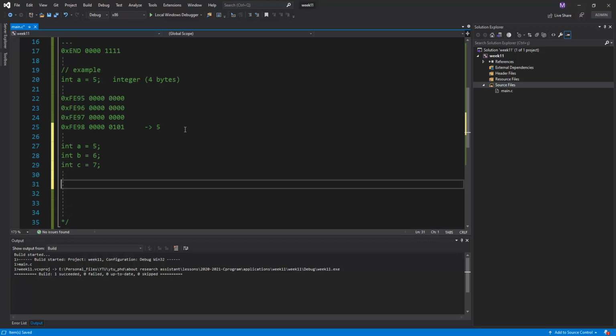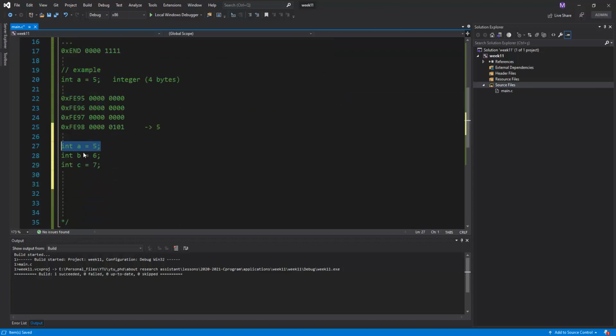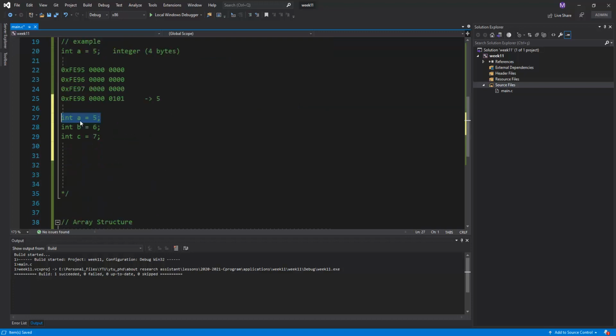And so every variable should be kept by using the integer values, okay? And so how can we create multiple sequence variables on the RAM structure? This is called the array structure, and so a variable like this one, integer a, can store multiple values like this one. The starting address point is that